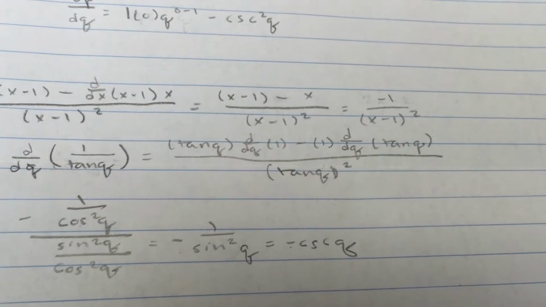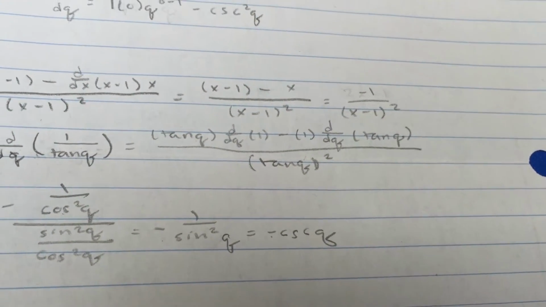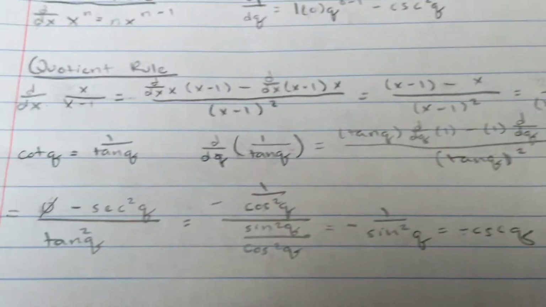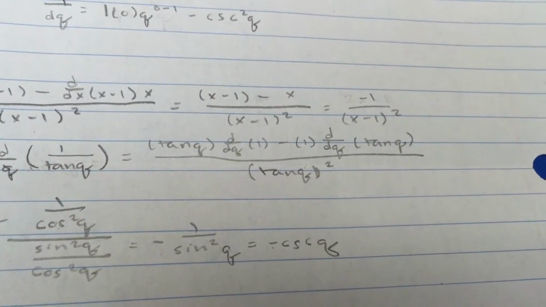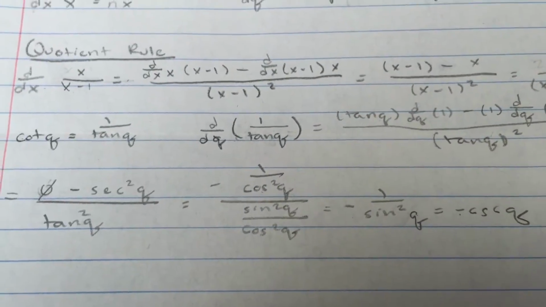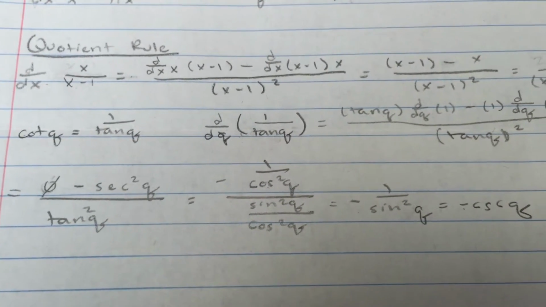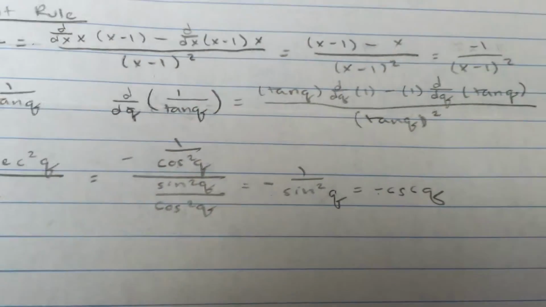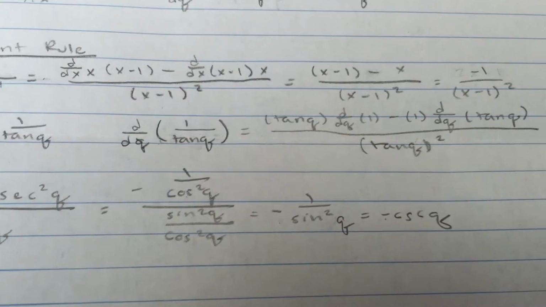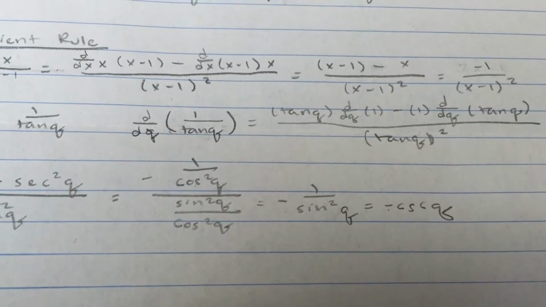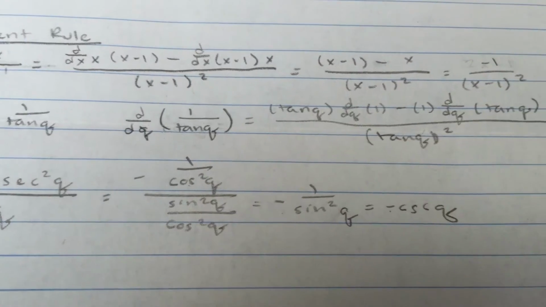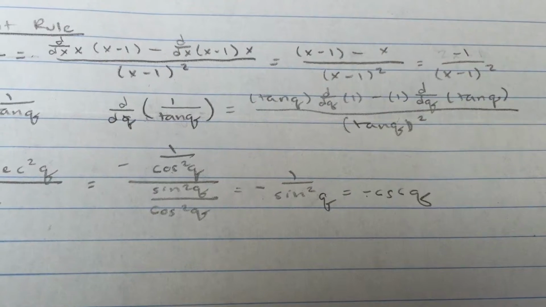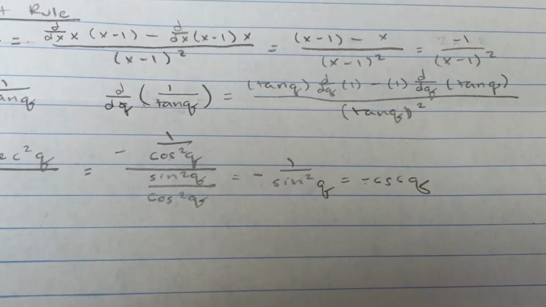And the derivative of 1, as previously mentioned, the derivative of a constant is equal to 0. So 0 times tangent q is 0. And then the derivative of tangent q is secant squared q. So we've got 0 minus secant squared q in the numerator, and then tangent squared q in the denominator. And secant squared q is equal to 1 over cosine squared q. Don't forget the negative. And that is the numerator over tangent squared, which is sine squared q over cosine squared q,